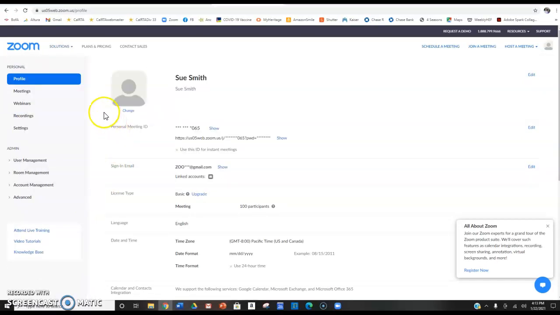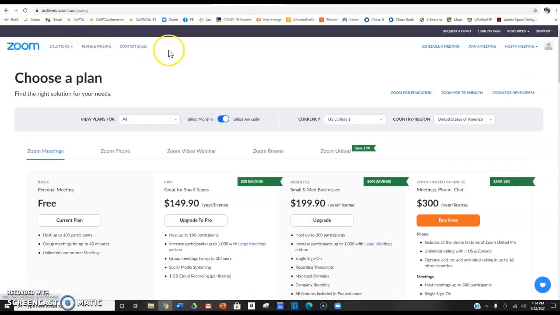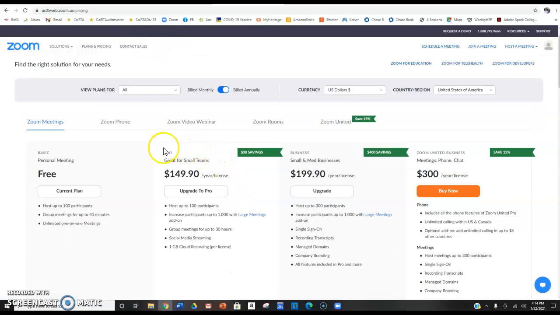So now that you've set up your account, you are ready to schedule meetings, even join a meeting, or open a meeting immediately and host it. Now, this is a free account, and with a free account, your meetings can last 40 minutes, and that's it. And if you want to host meetings that are longer than that, you can go up here to Plans and Pricing, and if you click on that, you'll notice down here